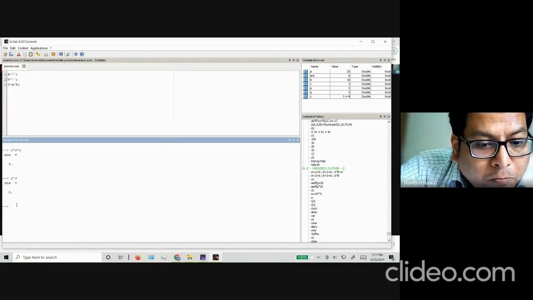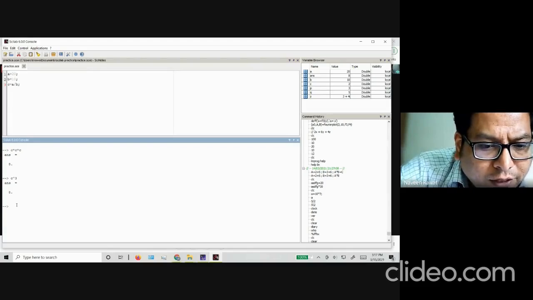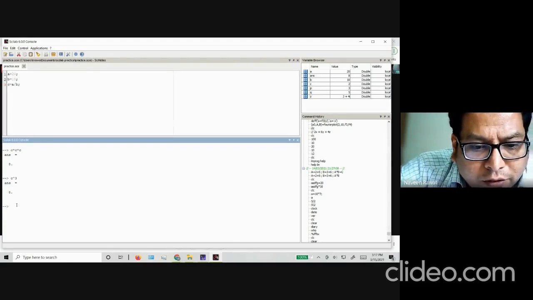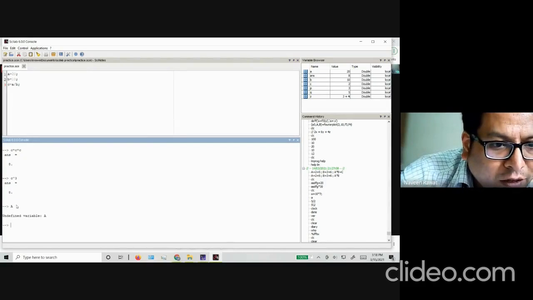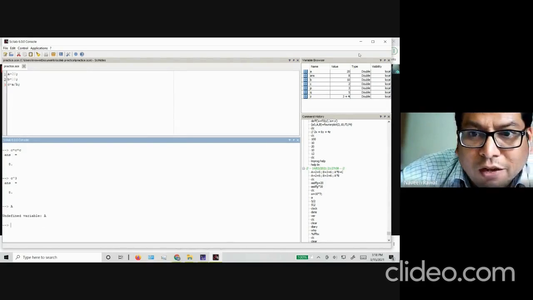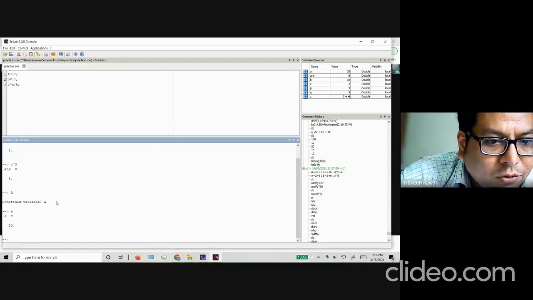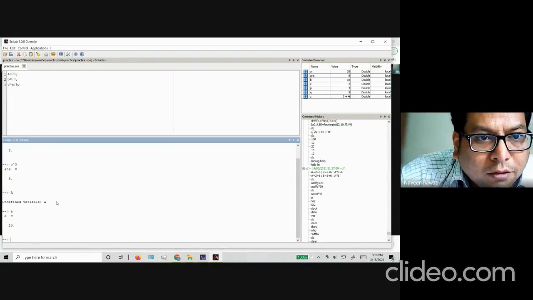All right. Some other little bit of things that you should remember. Scilab is case sensitive. If I type capital A, it is going to give me undefined because I haven't defined anything as capital A. Remember, small a is this value 20. So Scilab is case sensitive. You have to remember that.